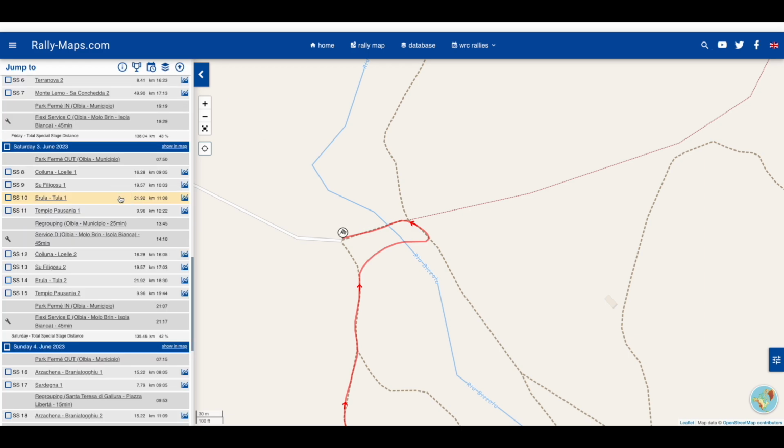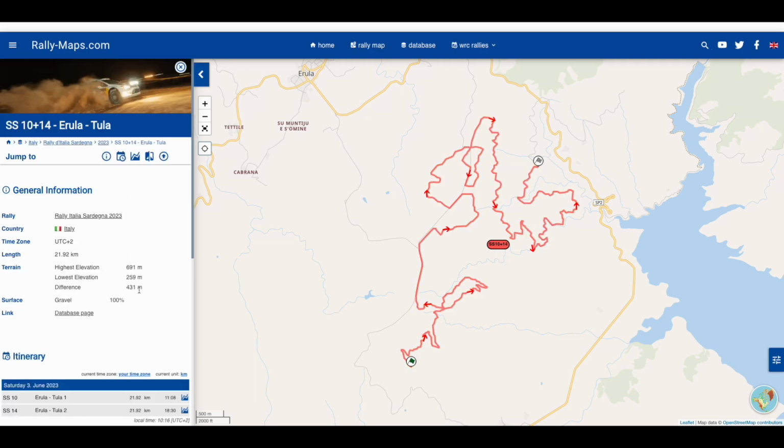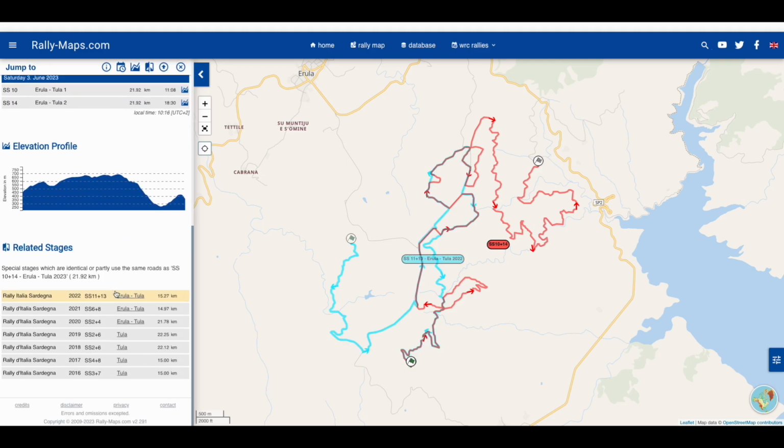And then we have the longest stage of Saturday, 21.9 kilometers, Erula-Tula, and this stage has been run every year since 2016, and it's quite often been the slowest forest stage of the whole season, so it's a pretty technical and slow twisty stage. And as well here the configuration of the stage is changing every year, so this year